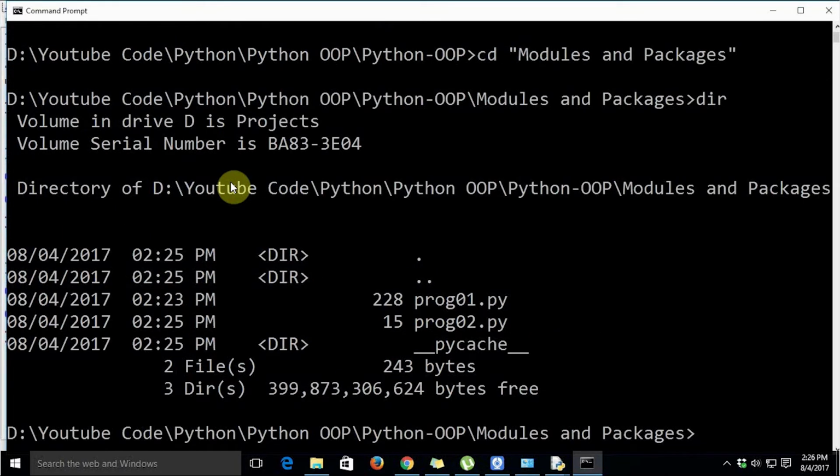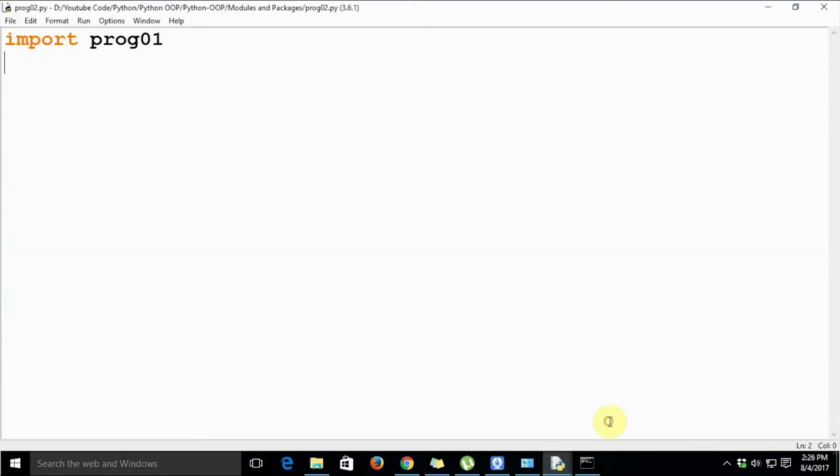If you are using Linux, you can use the ls command. So prog01 and prog02 are in the same directory. Whenever you want to use a module in some other module, you just need to import that module using the import statement, and all the blocks of code in that module will be instantly available to the module where we are importing it.